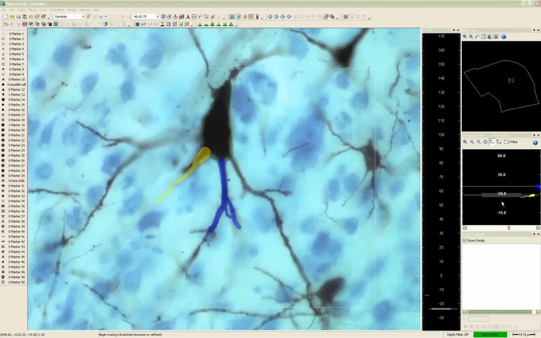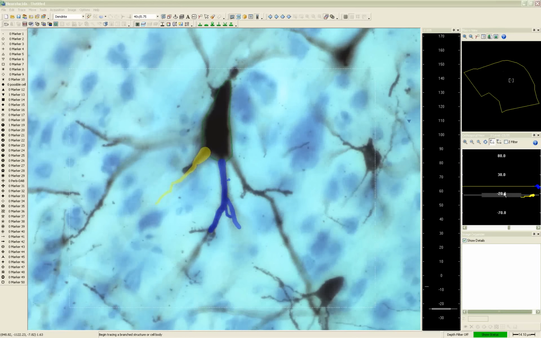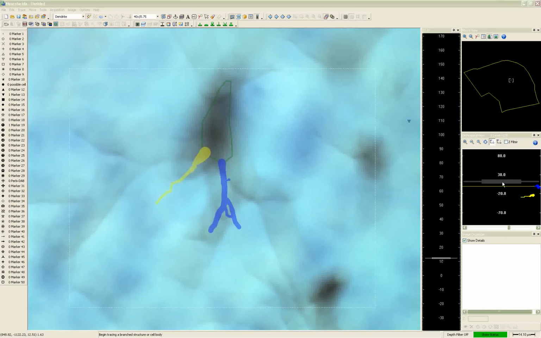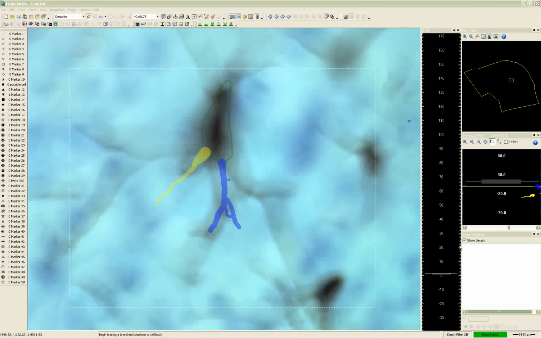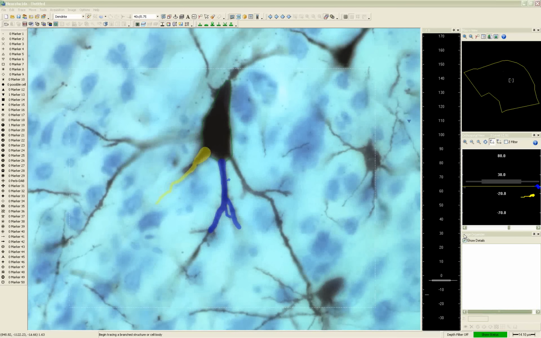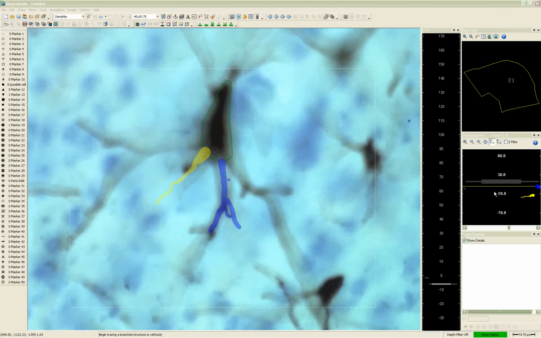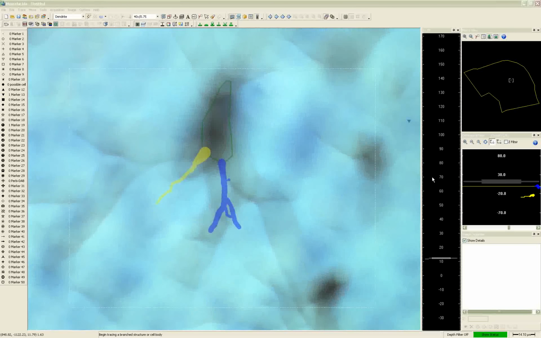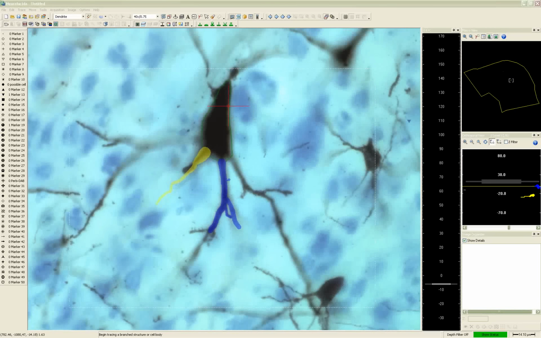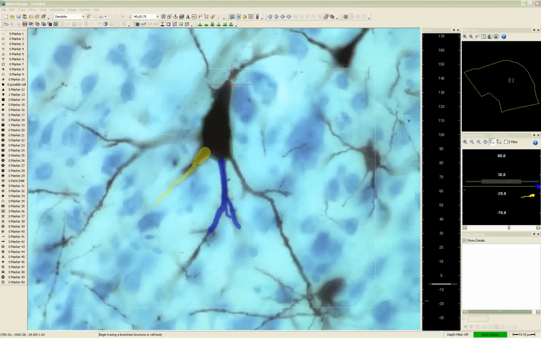One quick resumption of, you can see here in the orthogonal view that as I focus up and down, my position in the orthogonal view tracks with what you can see that's going on in the Z meter. And if I were to reconstruct from the cell body,